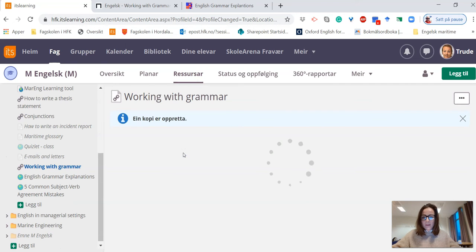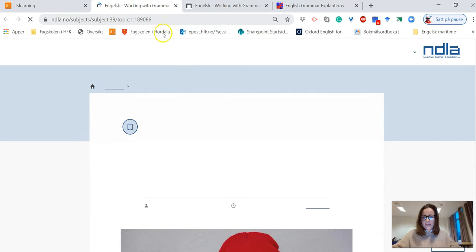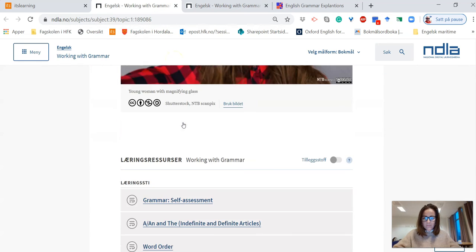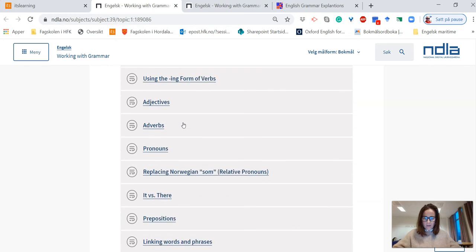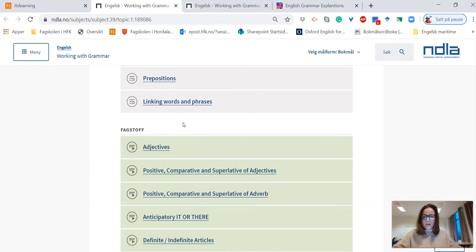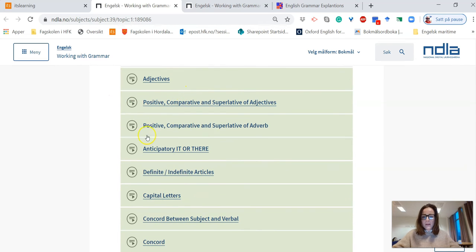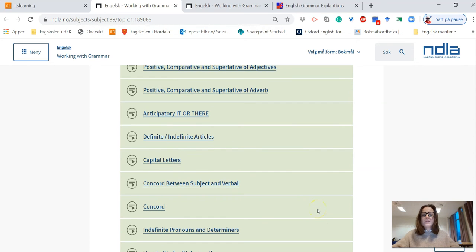If we start with Working with Grammar and follow that link, you'll see this page. I would recommend you to scroll down to where it says Fagstoff, the green ones. Here you can read up on or brush up on already existing knowledge.